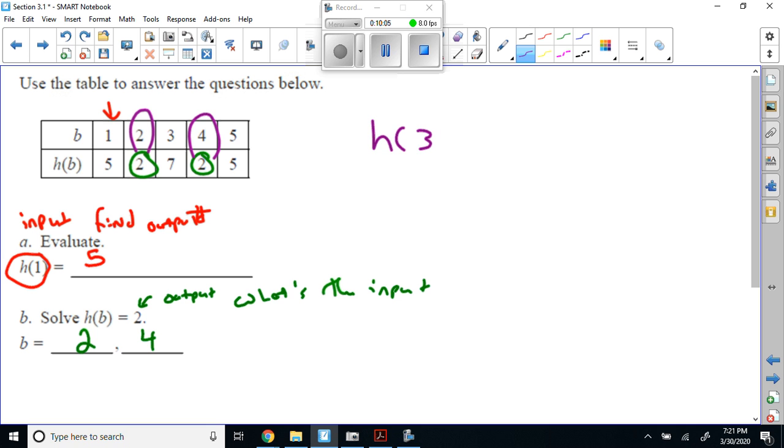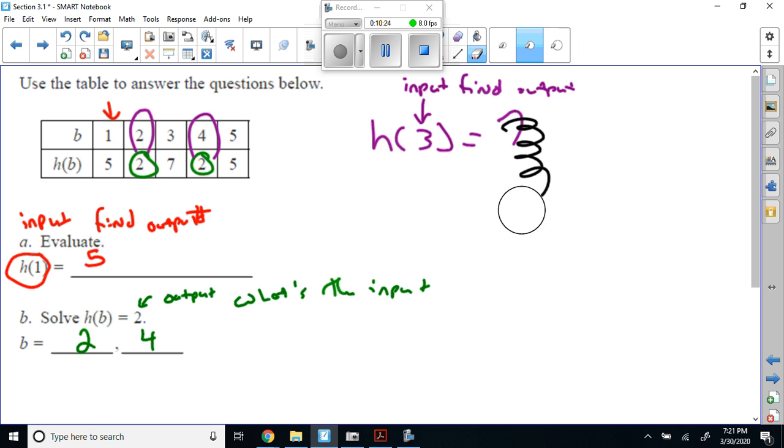It was h of 3, that would be what? 7. There you go. So when it gives you this, it's saying here's an input, find the output. Okay, that's what that's really saying. And I just did that. When it says this,